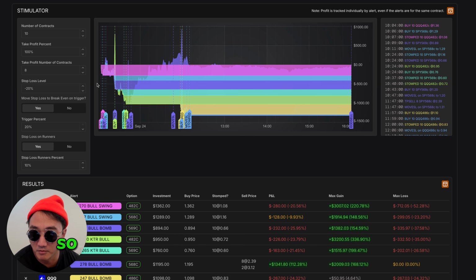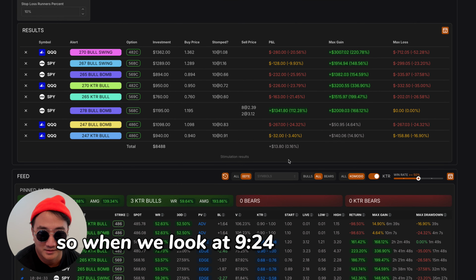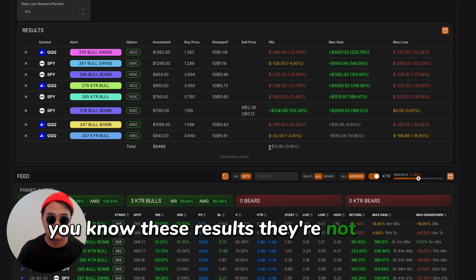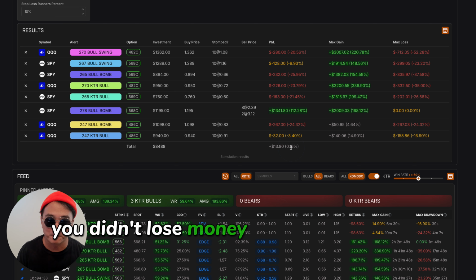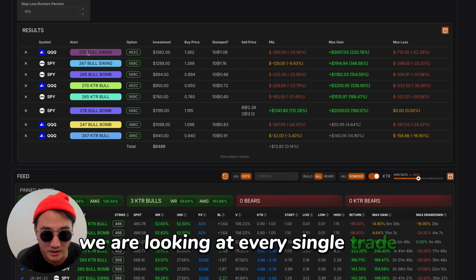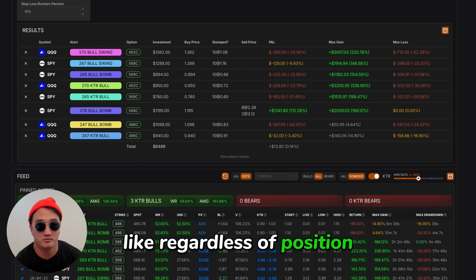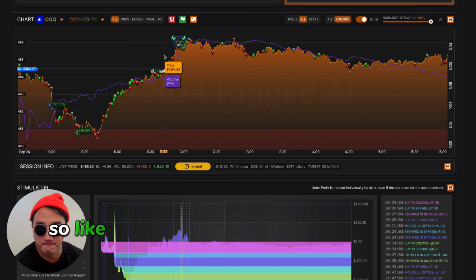So when we look at 924, you could say these results, they're not great. They're not bad. You didn't lose money, which is important. But remember, we are looking at every single trade, regardless of position, regardless of blue line, and all those things. So here,